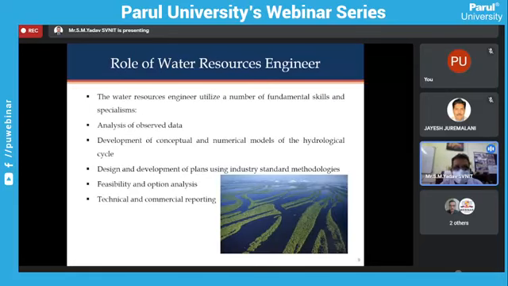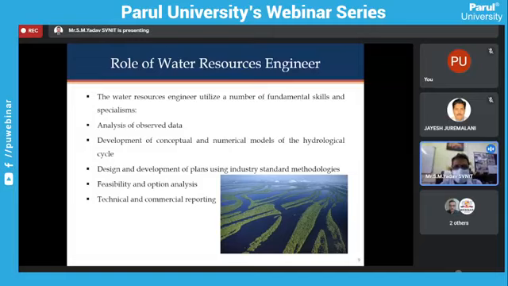The water resources engineers utilize a number of fundamental skills and specializations. Now, what can a water resources engineer do? So, the water resources engineer can do the following things. What are these? Analysis of observed data, development of conceptual and numerical models for the hydrological cycle, design and